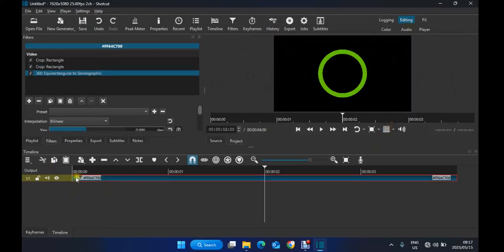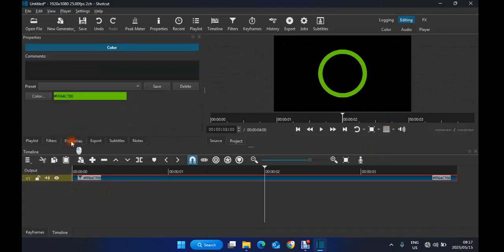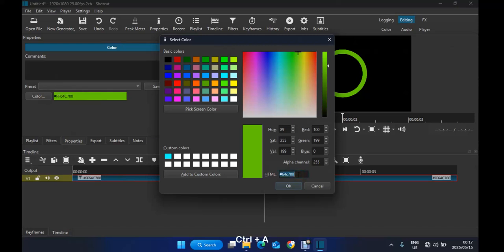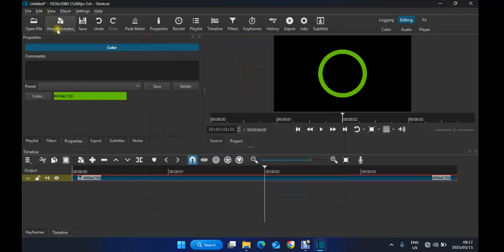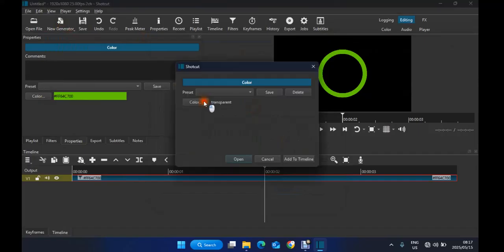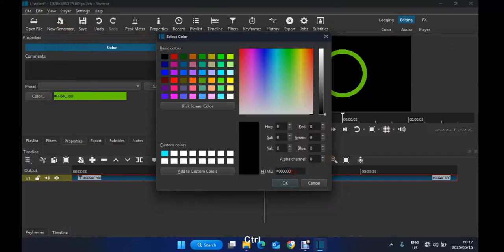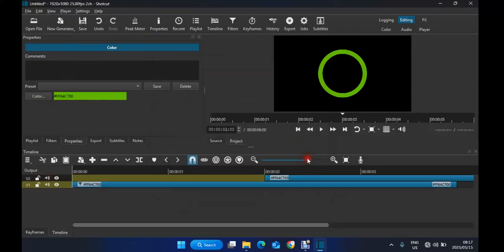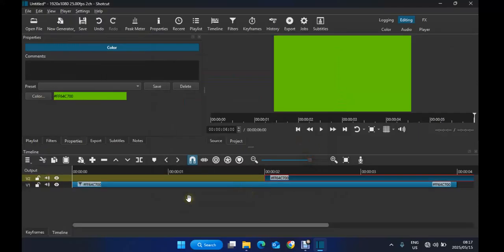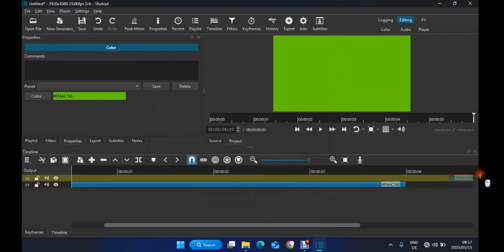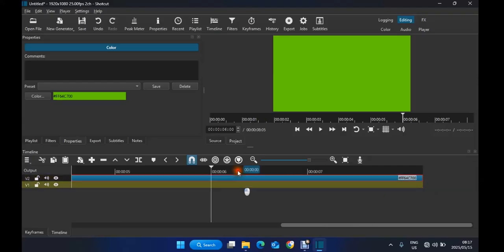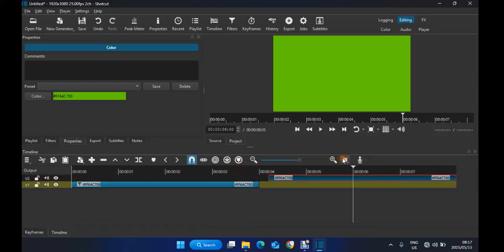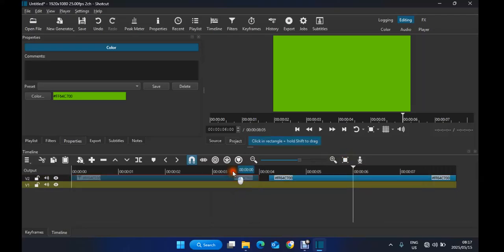Then from here you can just go straight to properties, go straight to color. You just copy your color code because I want to create a new color. You just paste your color code just like that, then you add it straight to your timeline. So what you will do right here, I just want to switch those. I want this to be up. Yes, I know you can just move the track up and move another track downwards,